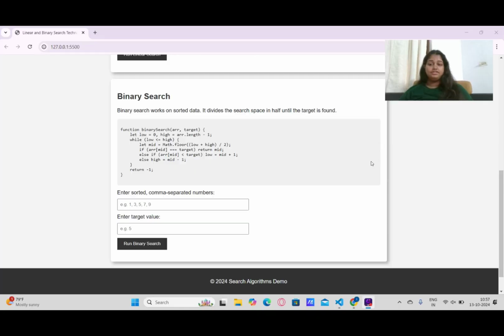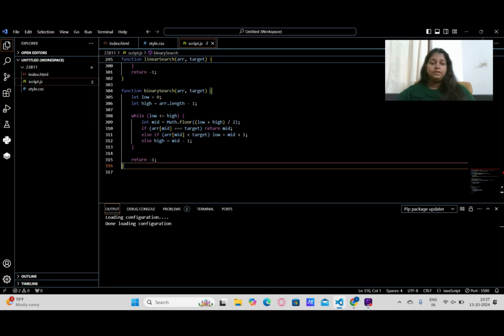Coming to binary search. The binary search algorithm is used to find the position of a target value within a sorted array. It works by repeatedly dividing the search interval in half until the target value is found or the interval is empty. The search interval is halved by comparing the target element with the middle value of the search space. Looking into the code,